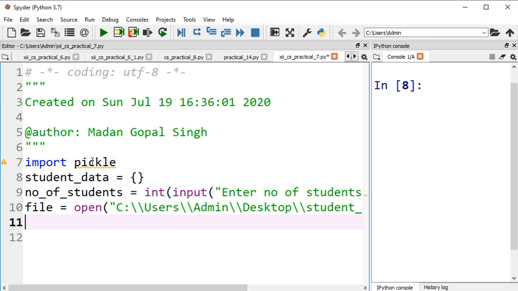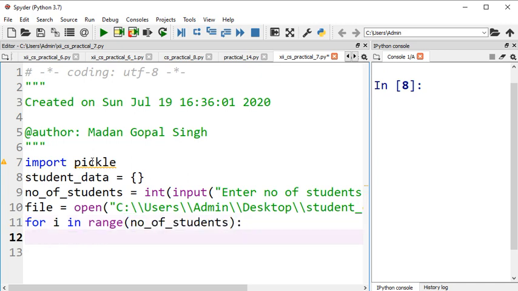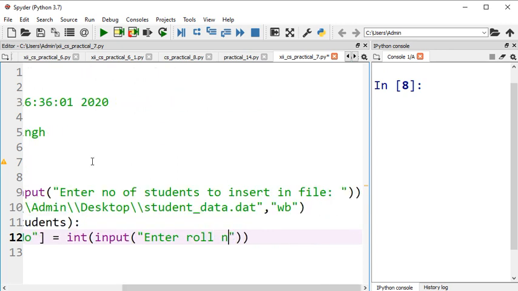Okay, now I can use the for loop to take the 5 student data. I am using range, you may use the while loop also, it is up to you. And now insert, student underscore data, first take the roll number, so let's say roll number, integer, input method you need to use, enter roll number.